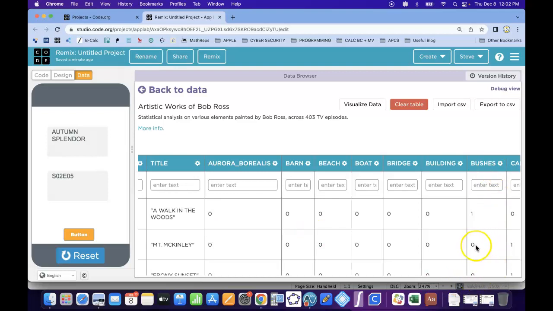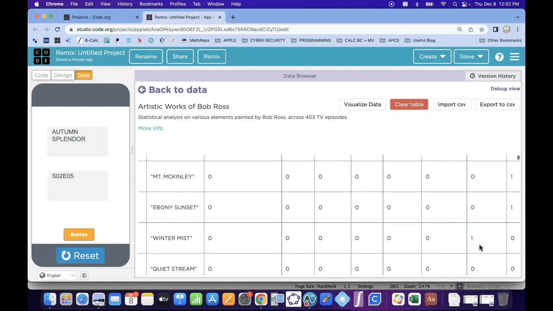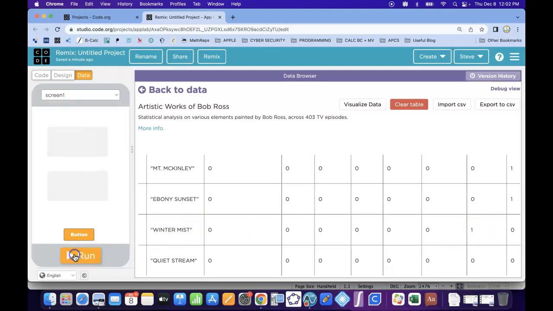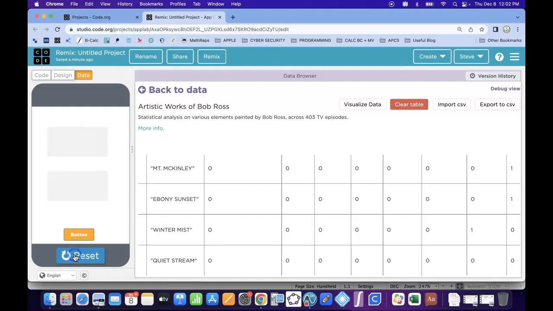The second element is a 0. That means Mount McKinley did not have a bush in it. The next painting to have a bush in it is Winter Mist. So if I reset my app and run it, the first thing to show up is,